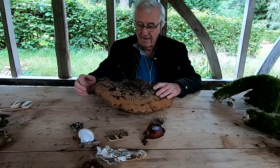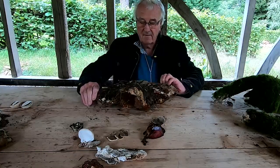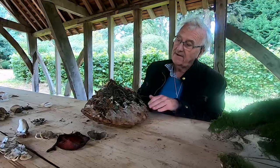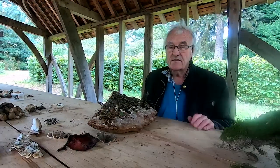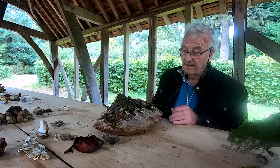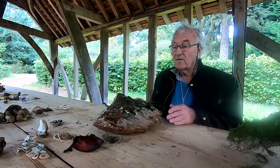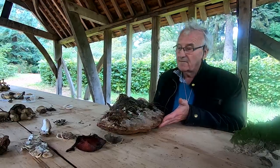They're usually quite tough, and they too, most of them anyway, bear their spores from pores. It may not be very obvious because these pores are frequently extremely small, but on the undersurface of this you should see very, very tiny pores which produce the spores. So this one bracket would again produce millions, if not billions, of spores. Somebody reckoned that one large fungus can produce more spores than there are known stars in the universe. Well, all that means, of course, is that the viability of an individual spore is extremely low. You need vast numbers of spores to ensure the